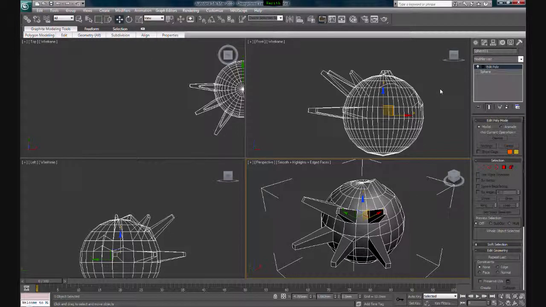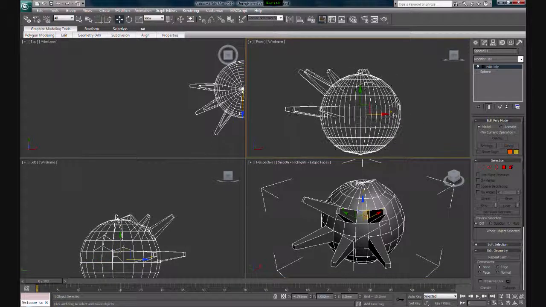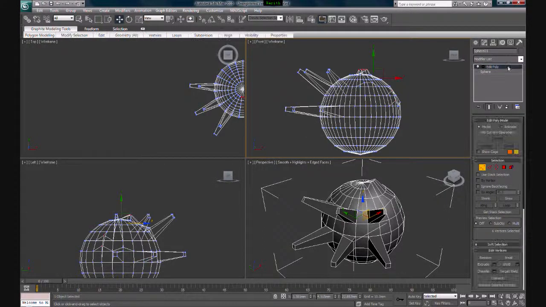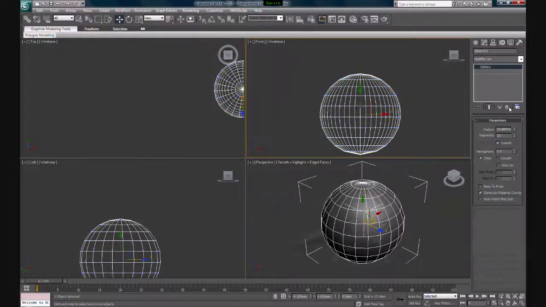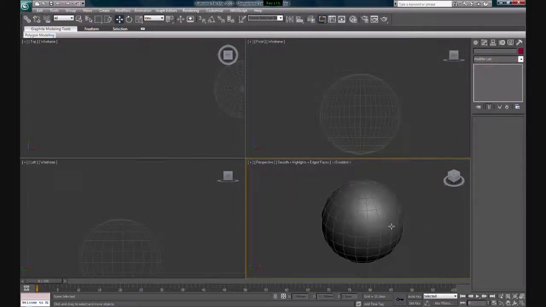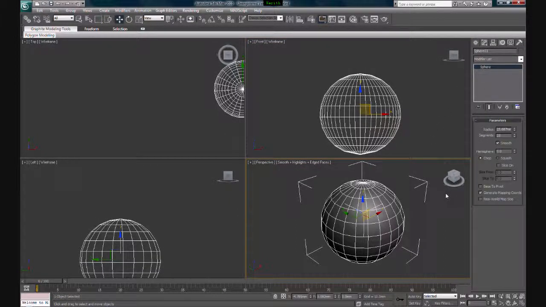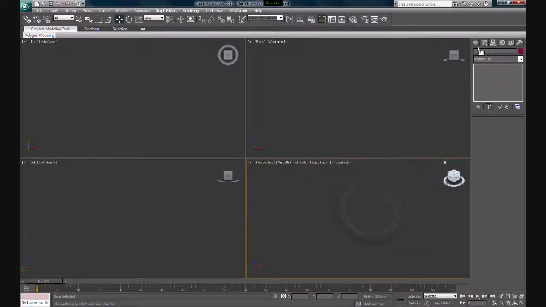And let's say if you change your mind, you don't want to adjust the basic parameter, you can just go to edit poly here, make sure you select on it, and there's a trash can symbol here, just click on it, and then it will get rid of the edit poly modification, so you will have the original form. Well, it goes the same for box. Let's see if I create a box again,